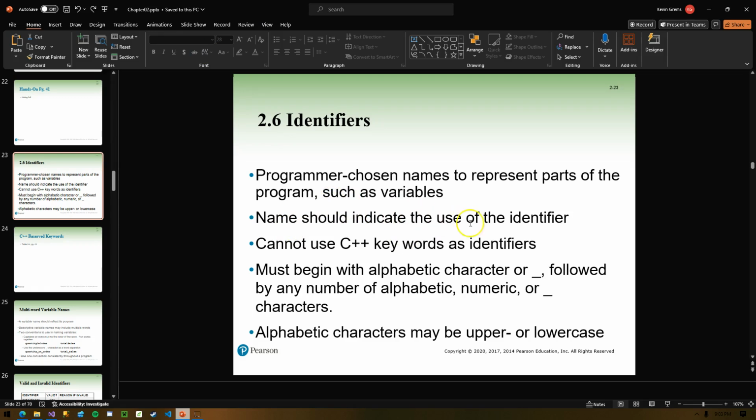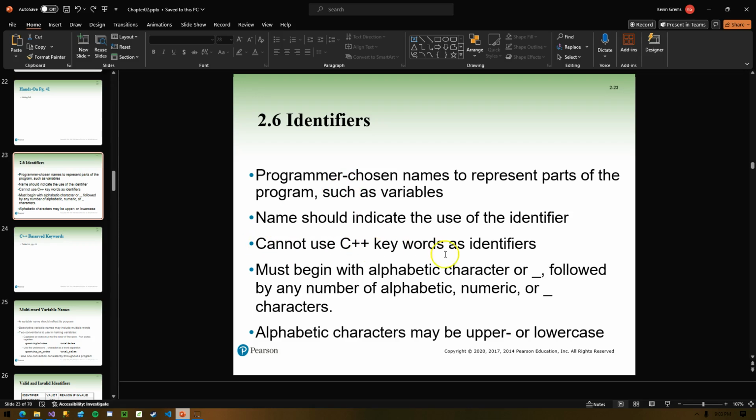The name should indicate the use of the identifier. There's a little bit of an art to creating your variable names. You want to try to create a name that's more or less descriptive of what data the variable is going to hold. But that can get tricky if you have too long of a name or not long enough. You wouldn't want to call a variable A, for example.